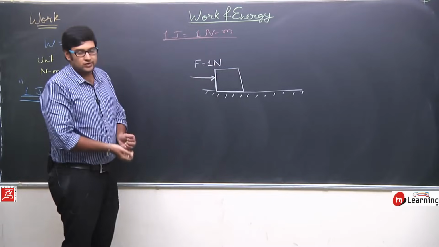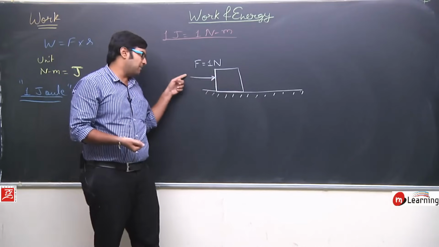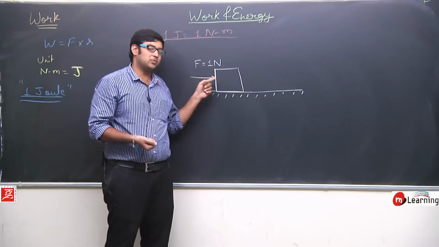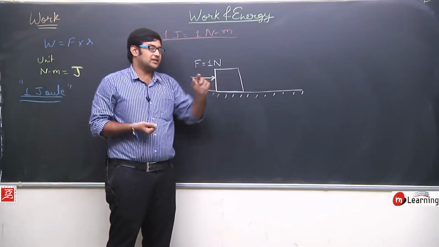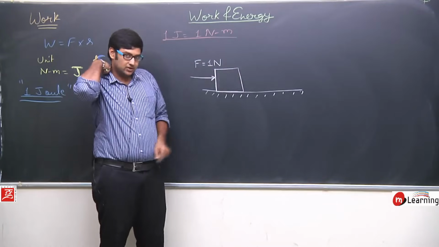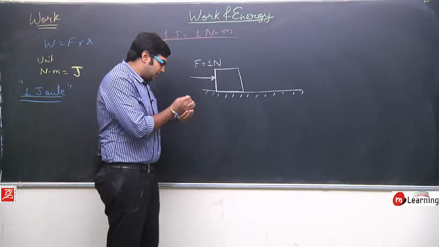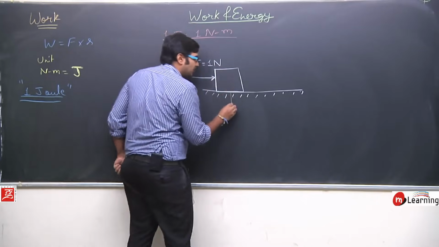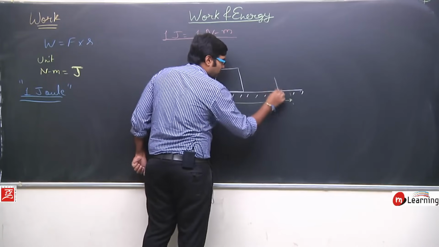So what I am doing is, on a surface I kept a block and I applied a force of 1 Newton on this block. Either I can push it or I can pull it. In both cases the force will have that direction. So a force of 1 Newton is applied to this block, and due to this force, if the block moved by a distance of